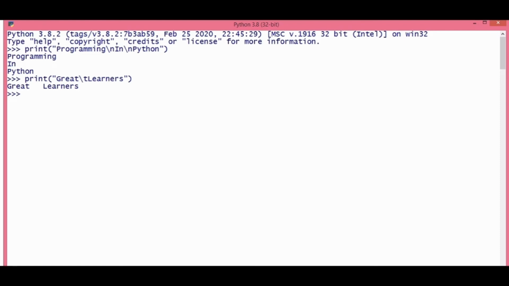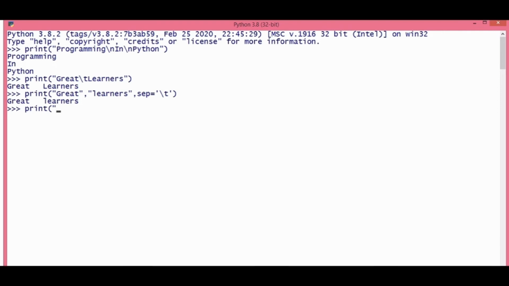Now I'll show an example here using the sep argument, because sep can have any character. So I'm going to write these two words in different double quotes separated by a comma, and then I assign \t to the sep argument. Now you can see the same output is generated. The only difference is I'm taking the help of the sep argument. So \t or \n, they're all single characters which can be assigned to the sep argument or the end argument of your print function.